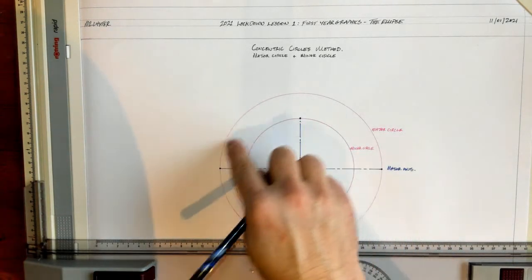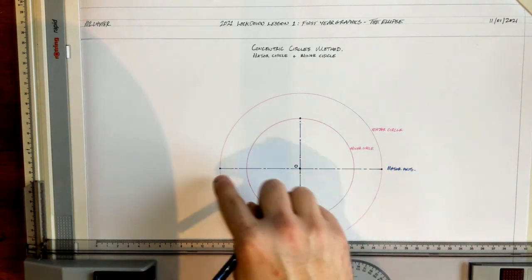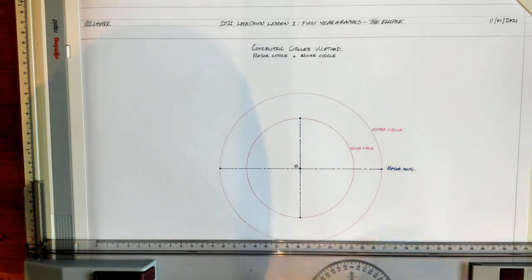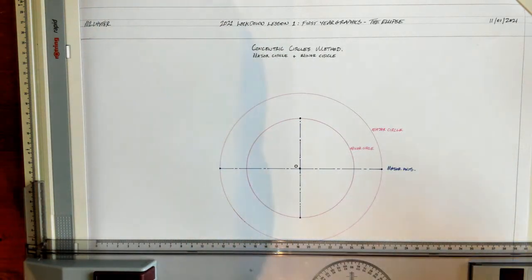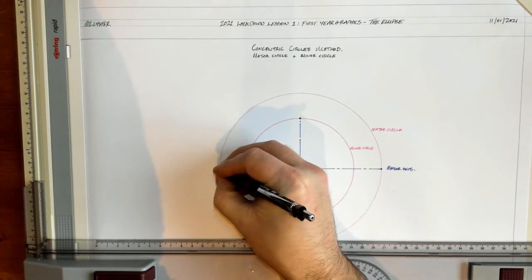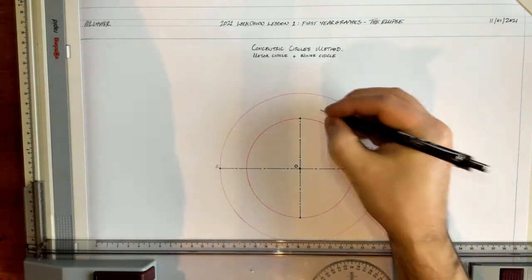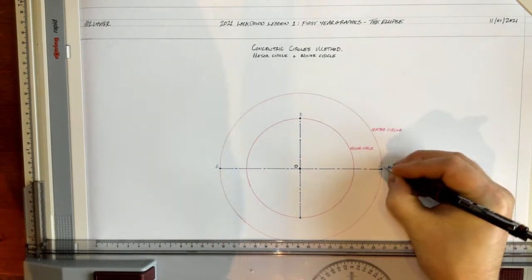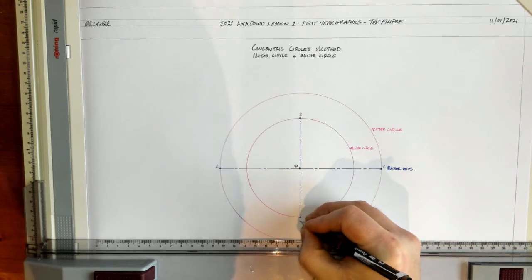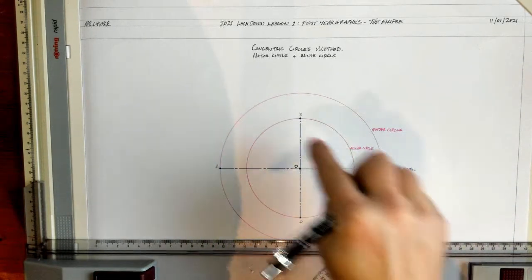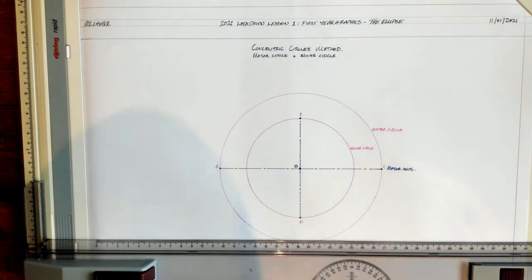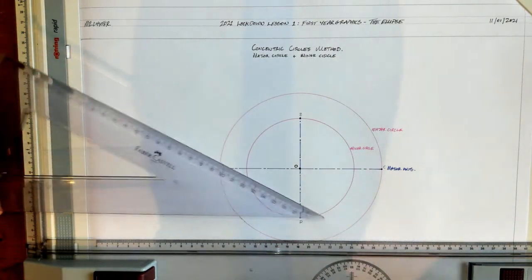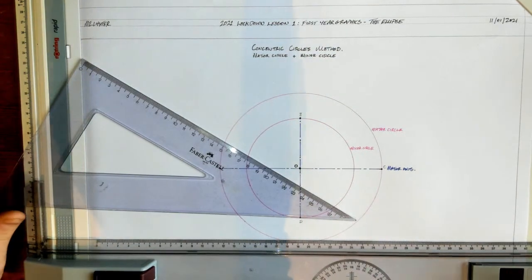So what I want to do now is find the points in between that I can join up. And we have a method for doing that. Before I do that, I'm going to label these points here. We'll call it point A, B, C, and D. Here's point A, B, C, and D. They are points on the ellipse. Okay? Now, what we're going to do is we're going to use the 60-30 division method to generate the points